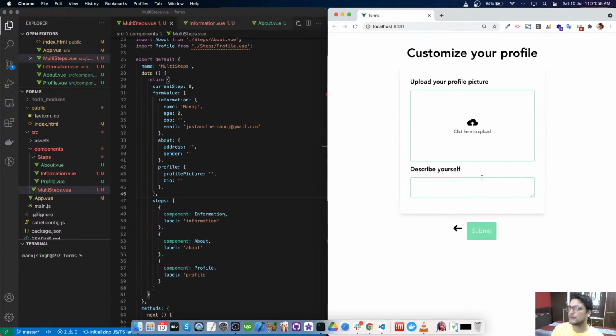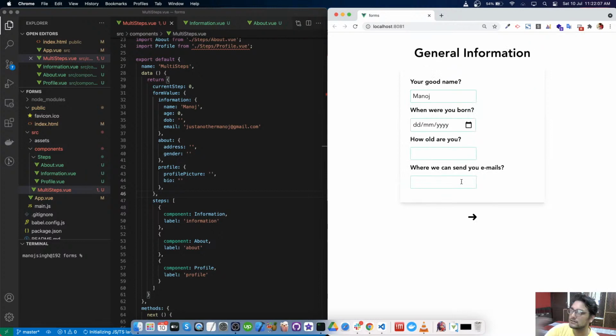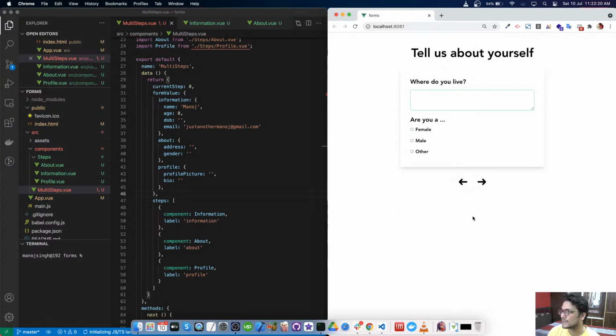In the next part, we will try to upload a photo, and we'll also try to save all of the information, so whenever we make a change here, we update the parent data and extract the parent data. So for today, this is it. Next Saturday, I'll come up with the next part, and in that part we'll see how we can save the data